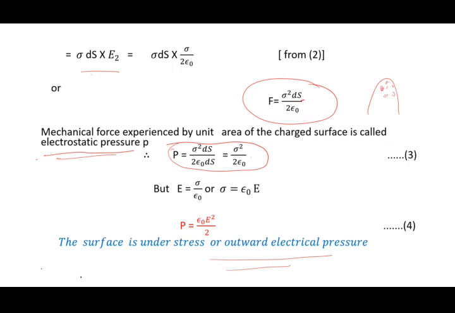Therefore, when you throw on certain metal too much charge, then charges on that small portion feel repulsion from other charges on the rest of the area. If that repulsion is too strong, charges may leave this surface, and this phenomenon is observed. It is called field emission. Therefore, classically, if we want to explain field emission, we have to use the concept of electrostatic pressure.